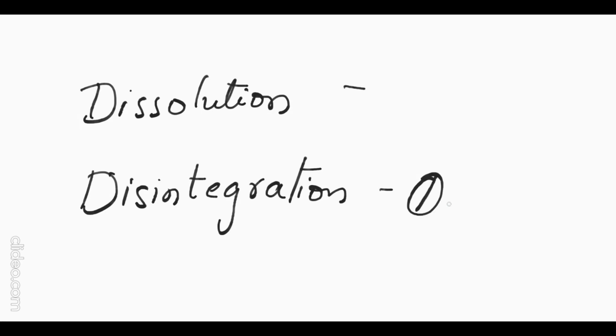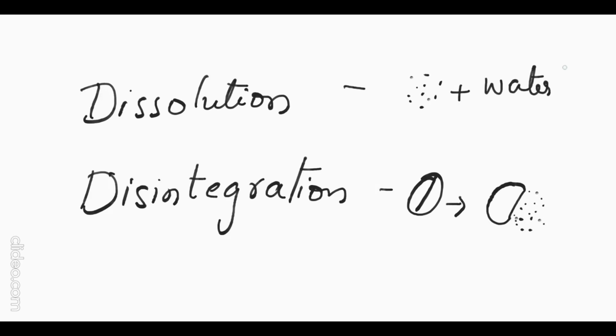So, dissolution and disintegration. What happens in disintegration is the tablet is a solid. Now this solid is a big solid particle. This will disintegrate into smaller solid pieces which are easy to dissolve. So disintegration is just breaking down into smaller particles. Now dissolution is dissolving in water or aqueous contents of our GIT. So dissolution is changing its form to liquid, and disintegration is breaking down into smaller parts but in solid.